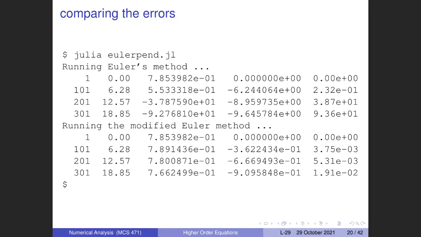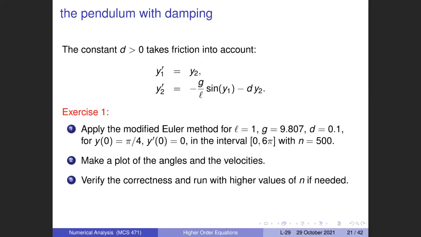And one can see that the Euler method is quite bad. The error starts to get very large, but the modified Euler method still produces a very nice picture. So the 10 to the power minus 2 at the end is not accurate, but it's good enough for the picture. We don't see the difference in the pictures. All right,